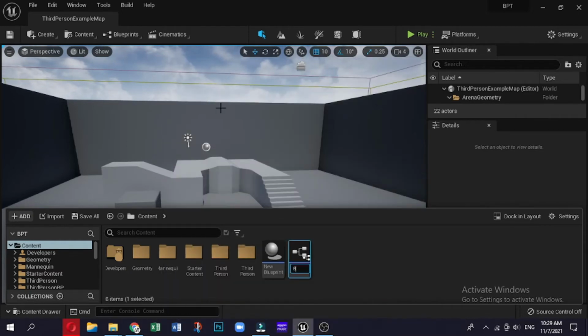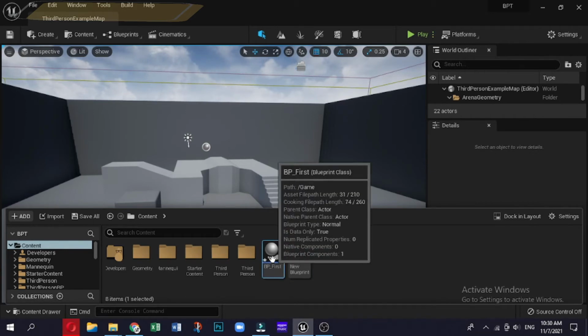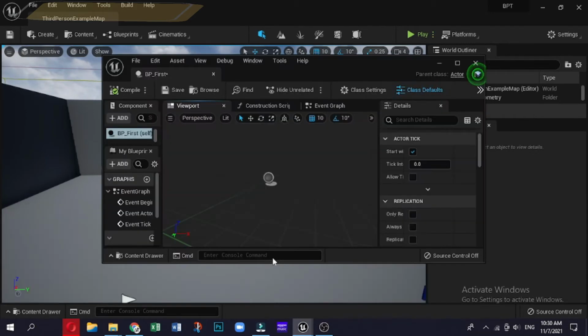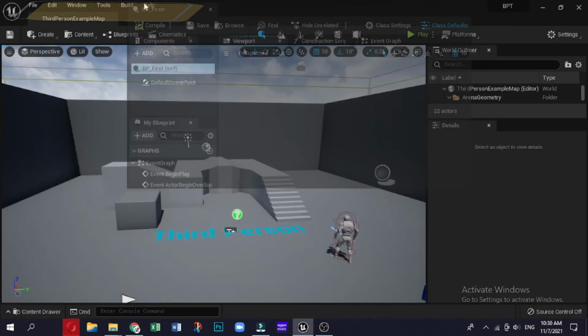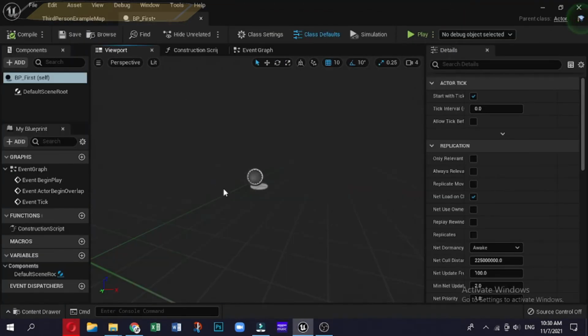It is very important, even for a small project, to name your assets or scripts in a smart manner from the very beginning, using a suffix, in order to recognize and immediately find the required file even between hundreds of files. Double-click on the BP_first file to open it and we will finally arrive at our blueprint editor.